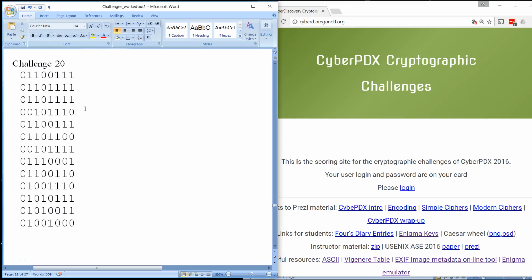So challenge 20 starts out with a list of binary numbers. Like I did in the earlier one, the very first one, I like taking my binary and figuring out what the hex is before looking it up in the ASCII table. So that's what I'll do. I'll split these numbers into 4-bit quantities and then label each of the 4 to get the 2 hex digits